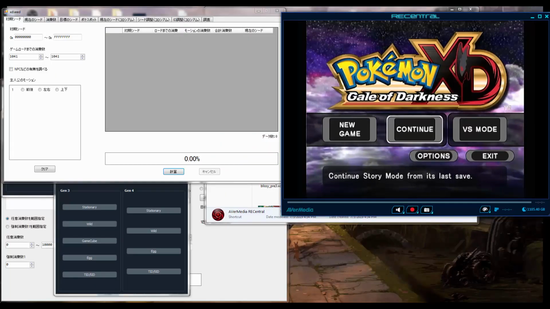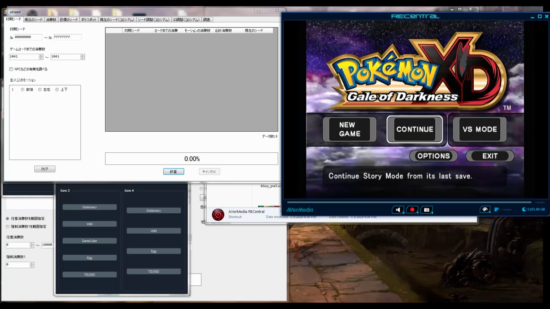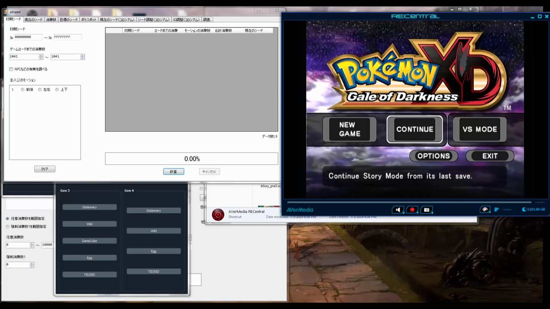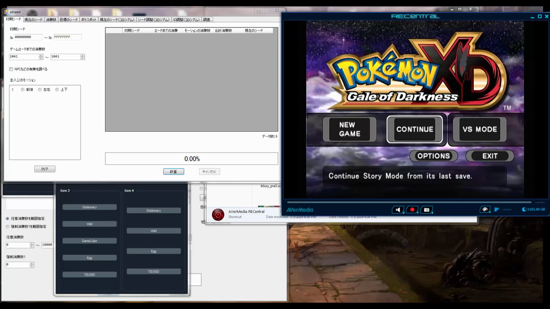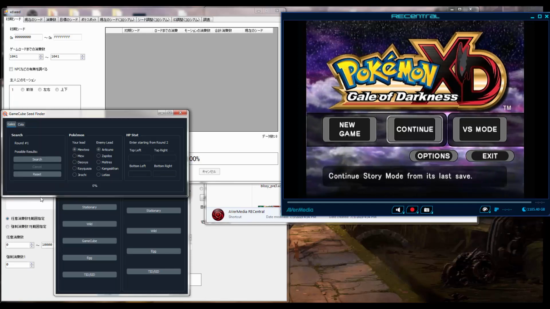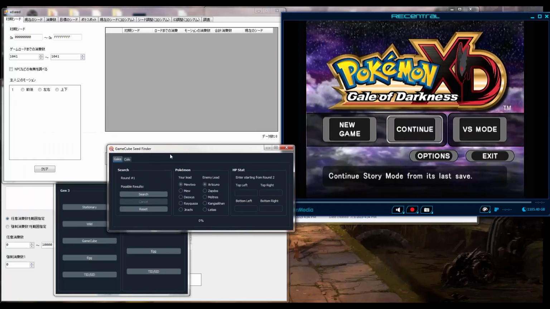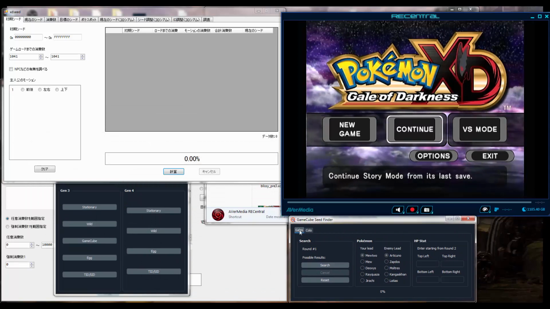Hey everyone, this is going to be a guide for how to understand the basics of Pokemon XD Gale of Darkness RNG abuse. I'm just going to go over a couple of the basic tenets of how this RNG works for retail and a couple of the things you're going to need. First off, the programs you'll need: you'll need Pokefinder, and you're going to need to use the GameCube Seed Finder portion of Pokefinder. This just lets you find the initial seed very easily in Pokemon XD, and the way that works is